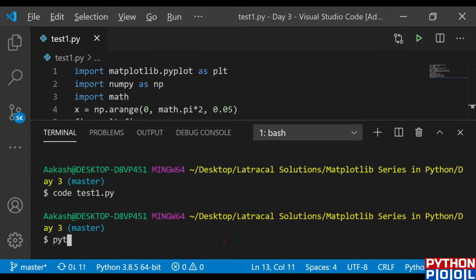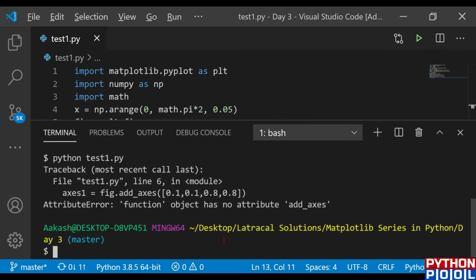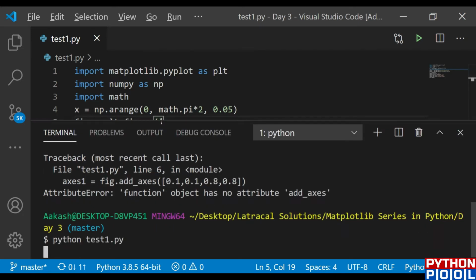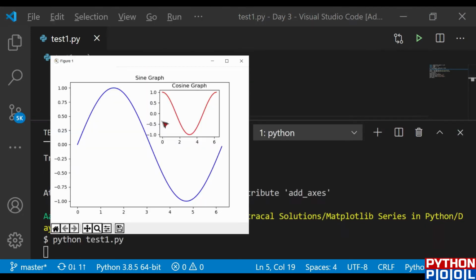Let's run our program. Let's see if it works. And once I run my program, it would take a bit of time. Okay, there's no function add_axes because I didn't specify it as a function. Once I specify this figure function, it would be found. Let me run it once again. Yes, we obtained the similar figure as we saw in the example. So this is one of the clear examples for multi-graphs. In the same canvas, I'm drawing two axes, two graphs.